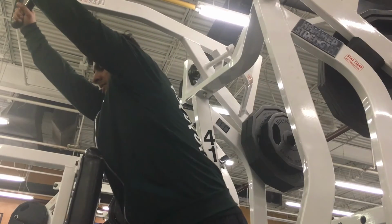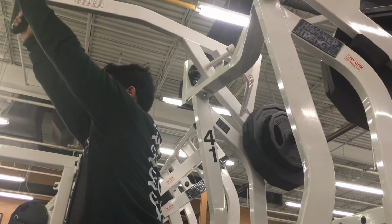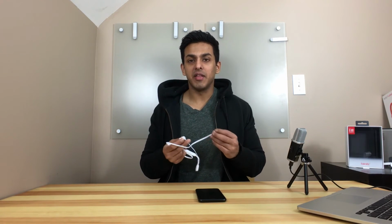Wireless headphones like these usually are geared towards a more active lifestyle. You know, let's say you want to go on a run or you want to work out. These don't really fit the bill because they are heavy and they're not waterproof or sweatproof at all. So if you are listening to music in a more casual setting, I would recommend over-the-ear style headphones that are more dedicated towards sounding better, because these don't sound that great